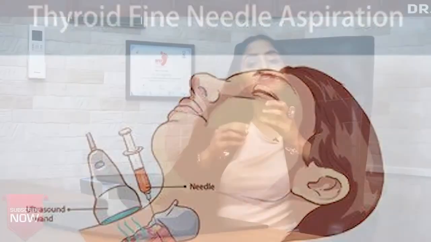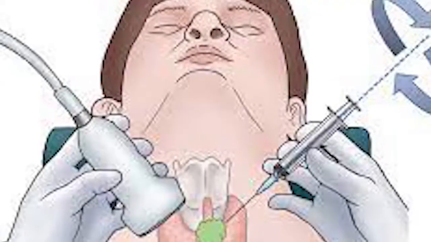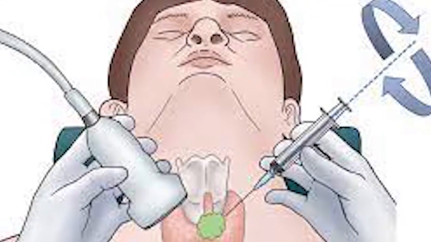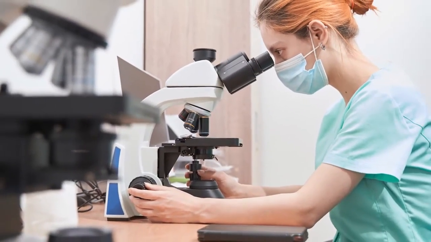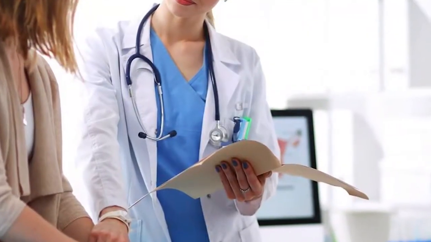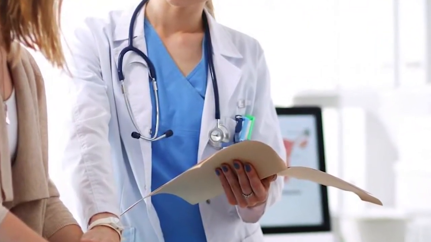In this test, we take the help of a syringe and a needle, and this is inserted inside your nodule. From this nodule we extract some fluid, and this fluid then undergoes microscopic examination. In this examination we find out whether you have any cancerous cells or not. And if yes, we take the treatment accordingly. So this is another kind of testing we do.